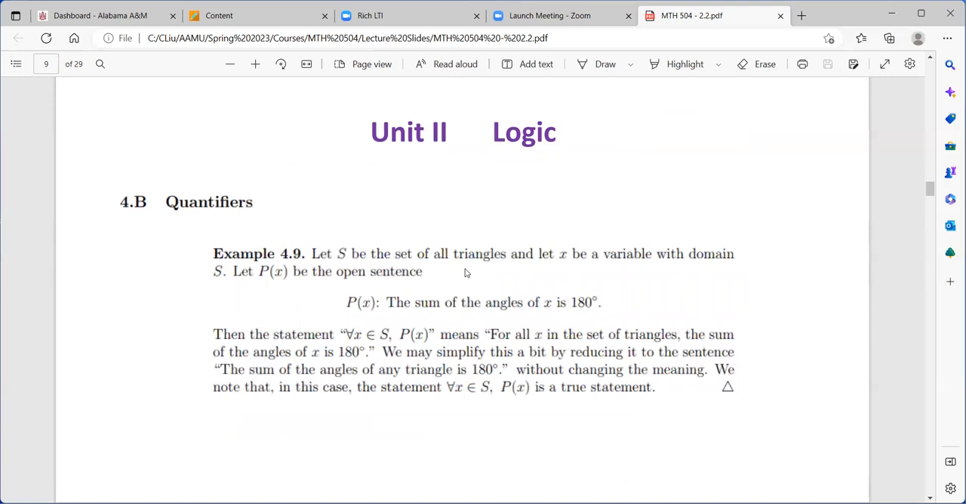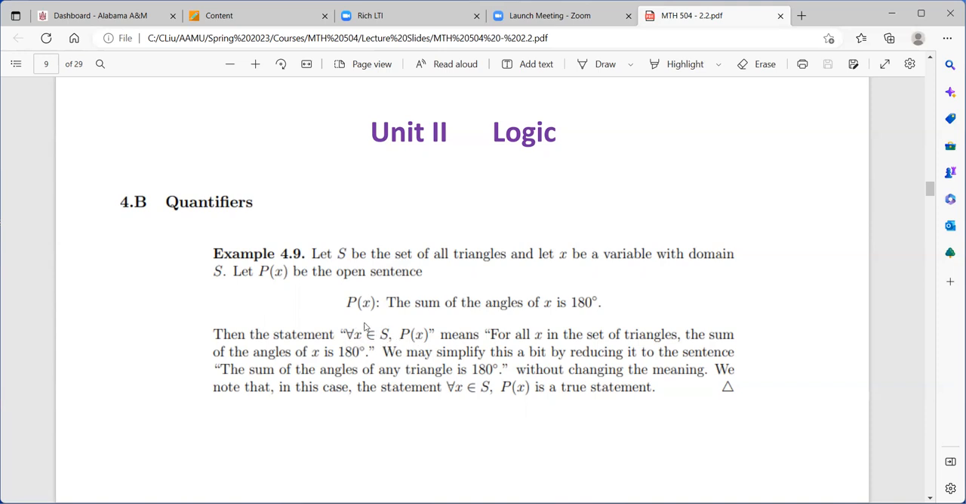So just come back to the example before about triangles. Let S be the set of all triangles. So S is a set, and each element in this set is a triangle. Let X be a variable with domain S. So X is just any triangle. Let P of x be the open sentence: the sum of the angles of x is 180. So that's an open sentence. And then the statement, for any x in S, P of x, means